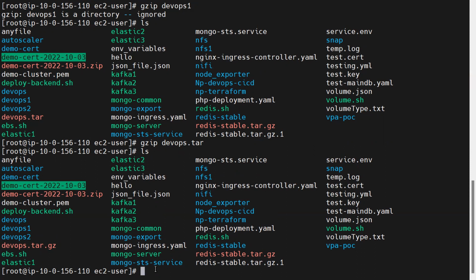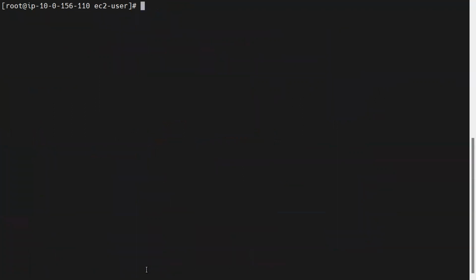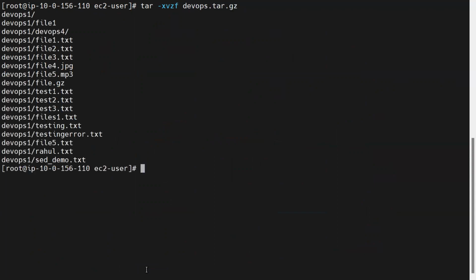Okay. So now if you want to untar it, you can use the tar command, tar hyphen xvzf. Let me clear the window. Tar hyphen xvzf and that devops.tar.gz file. So using tar by giving z along with that, if you unzip any tar.gz file, you can use this command xvzf. So this is how a compression tool works. Okay. Now